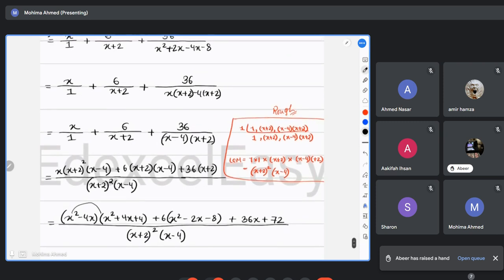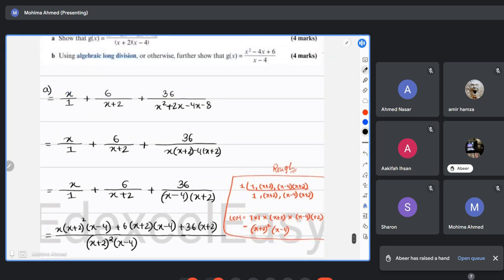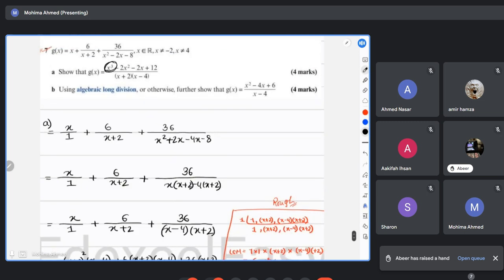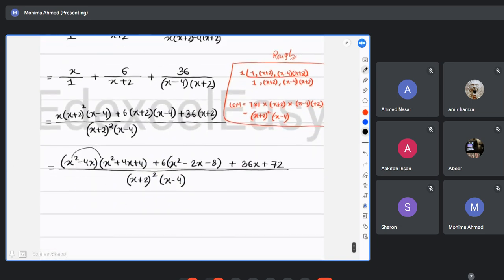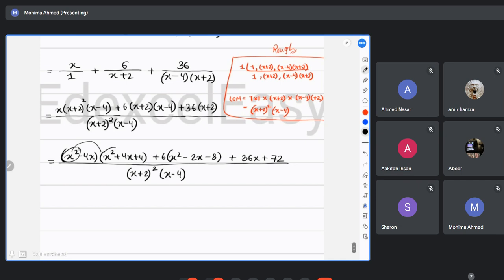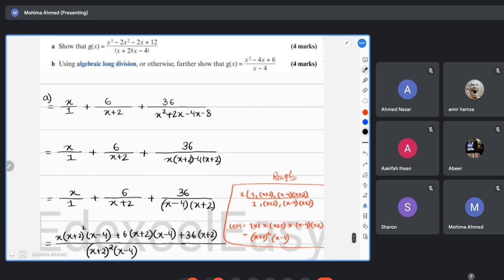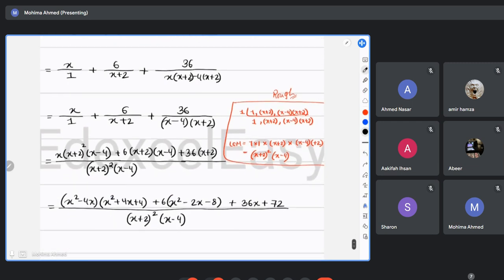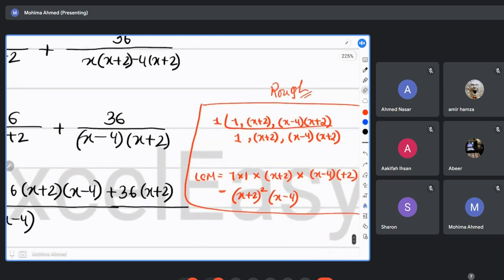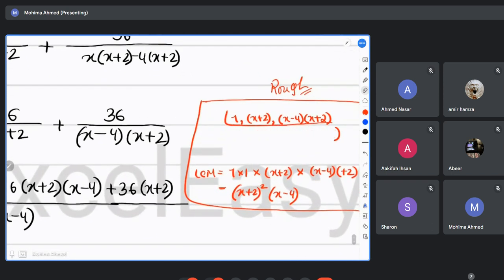Yes, Avi, I think you figured it out, right? I was supposed to take x plus 2 as a common factor over here in the LCM. Because over here, I can clearly understand the maximum power should be x power 3, not x power 4. And I'm getting x power 4 from this equation, but multiplying x power 2 with x power 2 will give you x power 4. Now that is not correct, right? So in that case, I have to make a little change over here. If I zoom out from this section, I can actually take that x plus 2 as a common factor. Okay, x plus 2. And now I'm going to get what?